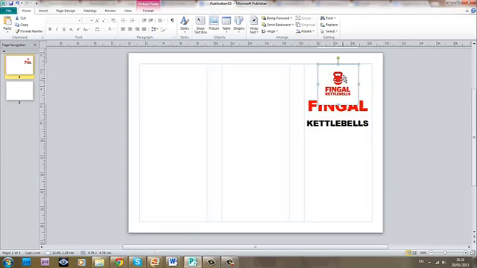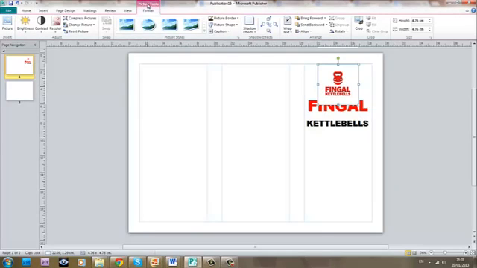Now, this is an image. So if I double click on it, I have access to the picture toolbar. So the first thing I'm going to do is crop the image. And you can see the little handles around the edge. I'm going to take that and I'm just going to hide some of the white space